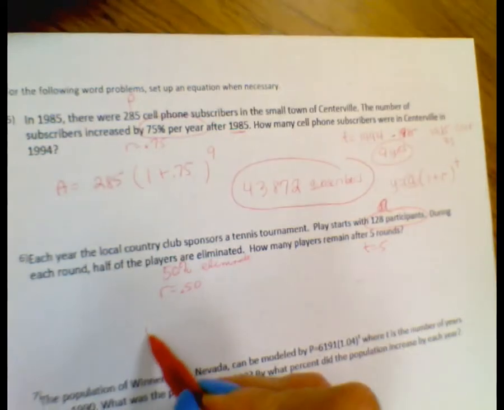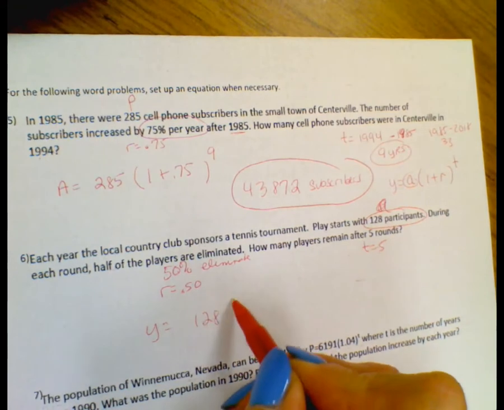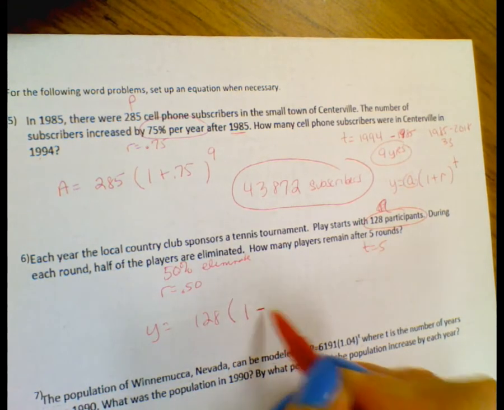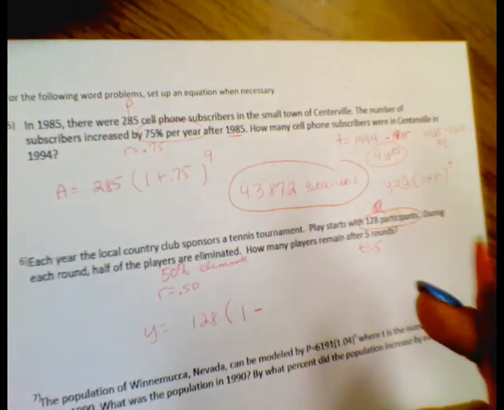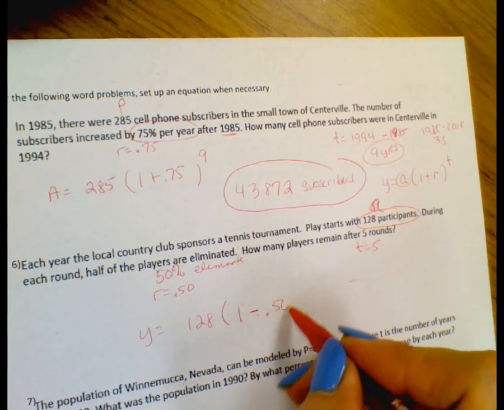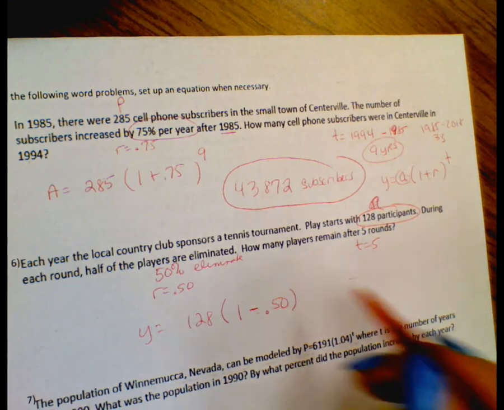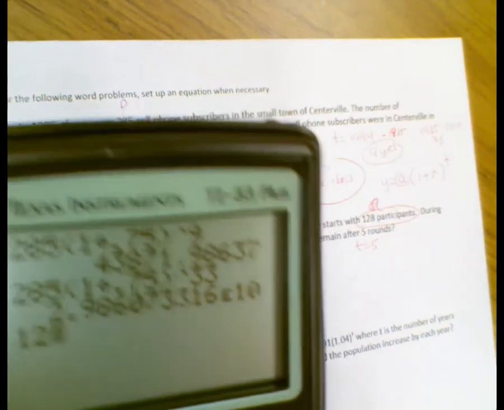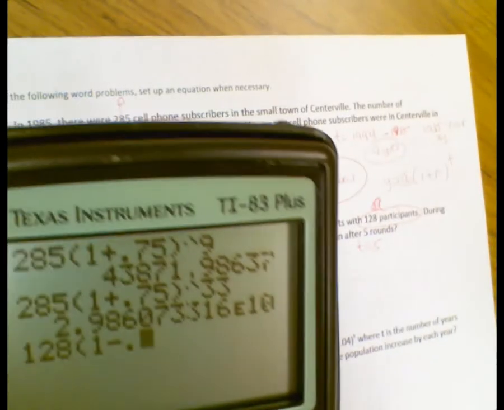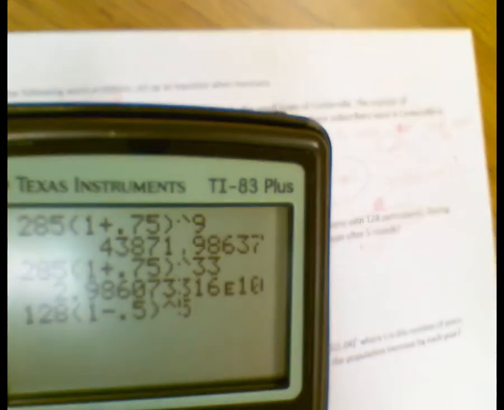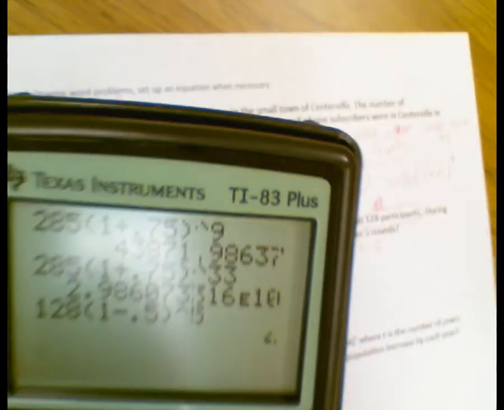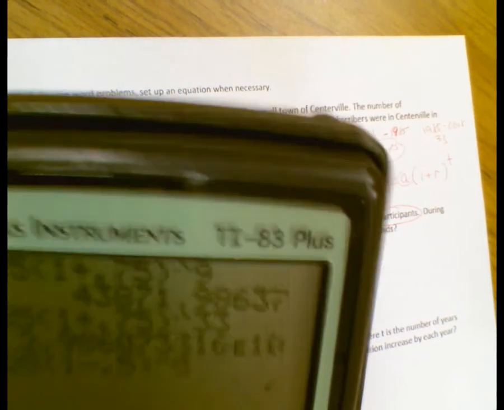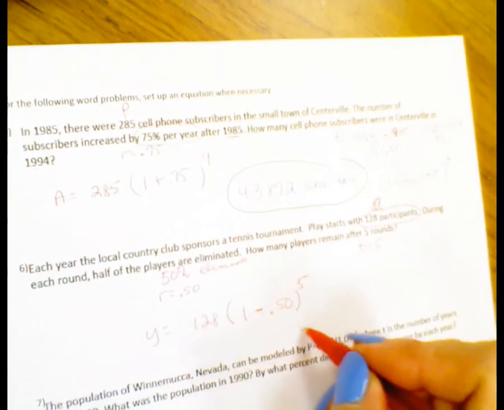So you started with 128. 1 minus, it's going to be minus because you start with 128, and every time you have a round, half of them are gone. So that's 50% are gone. For 5 rounds, how many are left? So it looks like that. It's kind of hard to see that, but I think that's a 4. Looks like 4 people are left